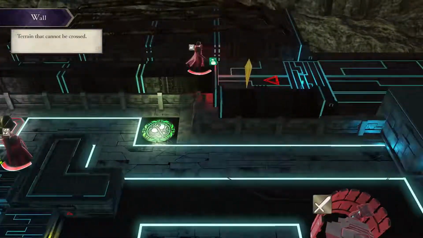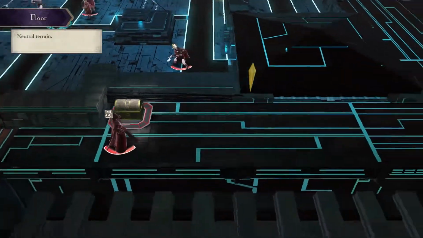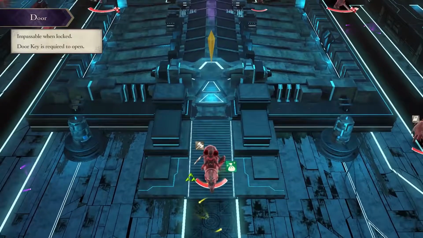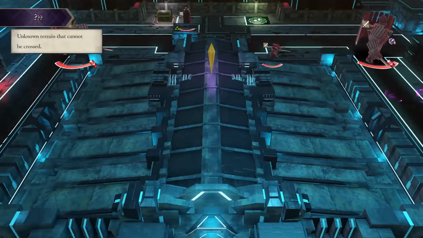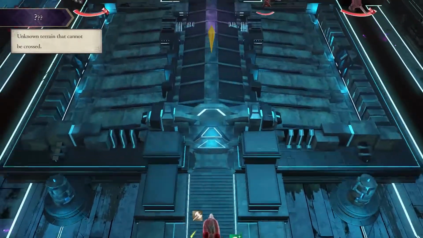Now, if you look around the map, you will start wondering, hey, where the heck is this enemy commander? Because they will always be signified by a yellow badge. Now, here's the thing. The enemy is in here, but you have to access